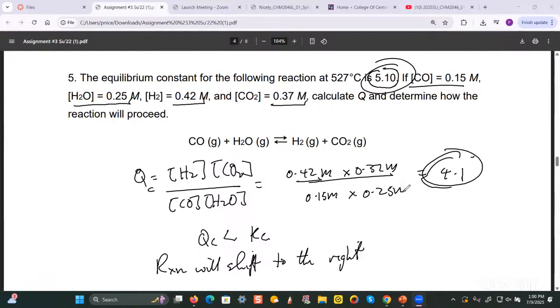So we just plug in the numbers, which are non-equilibrium values, into the QC expression, and we find that it's less than KC. That means the reaction would have to shift to the right in order to increase the QC value so that it's equal to the KC value. You see what I'm saying? And the opposite will be true. If QC is greater than KC, the reaction will shift in the opposite direction, so as to reduce the product concentration and increase the reactant concentration, and therefore the QC will decrease to become equal to the KC value. All right? Okay, any other questions?